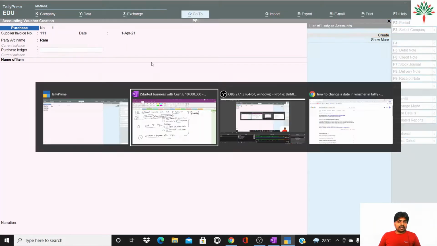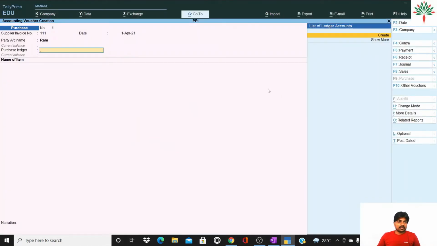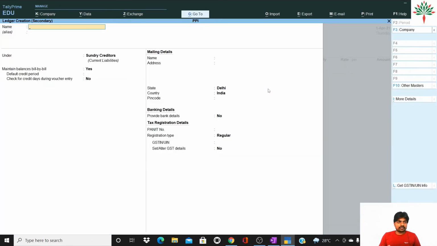Purchase ledger. Now what entry will you do here? You will do here purchase account debit, purchases to Ram, right? So purchase ledger. No ledger is there, so again you will have to create. You will create a ledger of purchase.